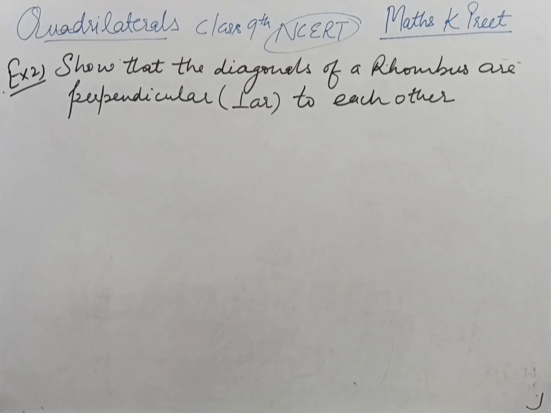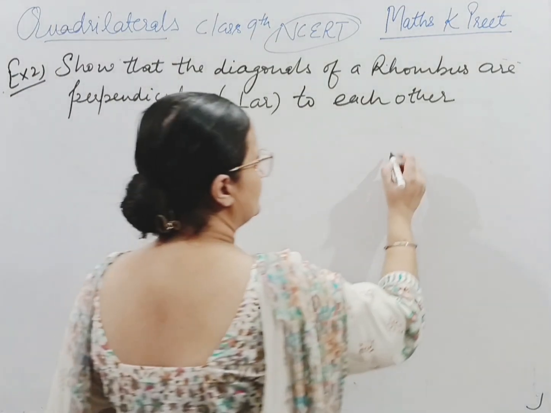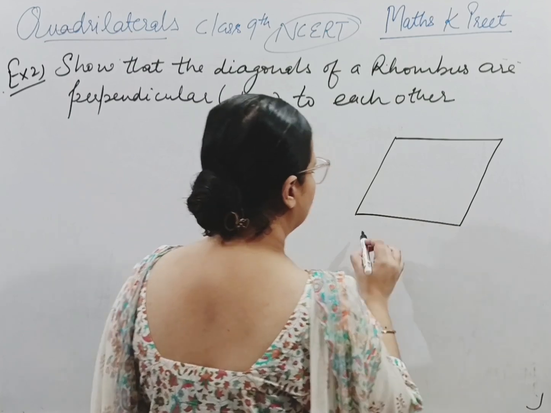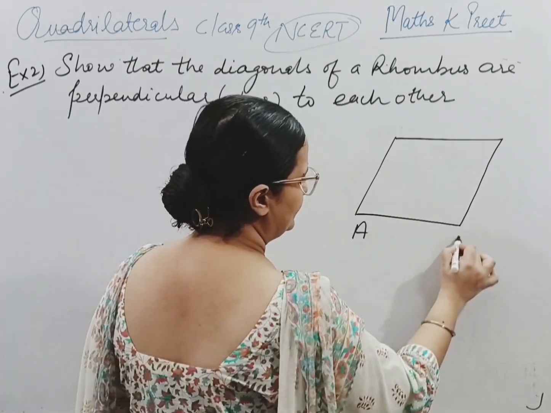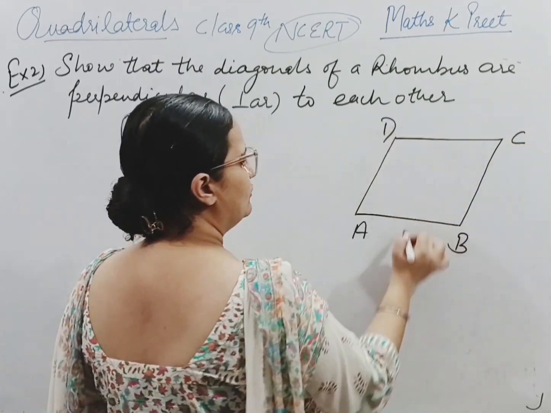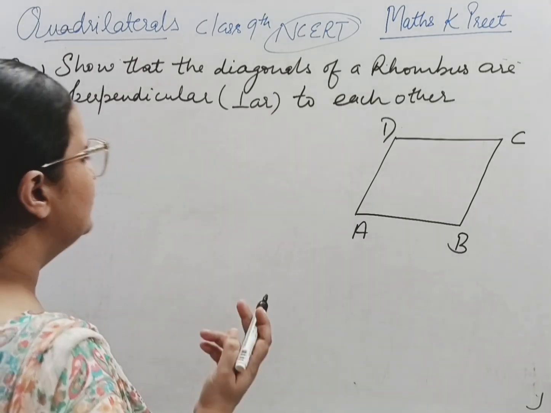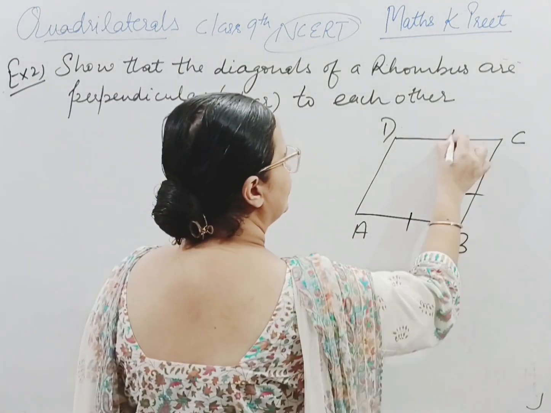The next question is: show that the diagonals of a rhombus are perpendicular to each other. So we know what a rhombus is. A rhombus is a quadrilateral in which all the sides are equal to each other. If this is my quadrilateral ABCD, and all the sides are equal to each other and opposite pairs of sides are parallel to each other, then it is forming a rhombus. We have to show that the diagonals of this rhombus ABCD, where all the sides are equal,